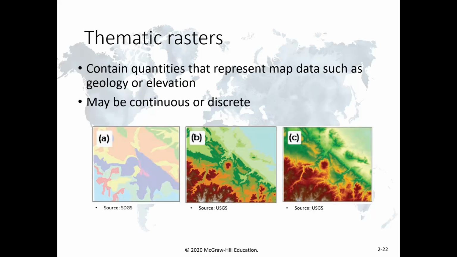Again, discrete rasters can represent categorical or ordinal data that is displayed using a unique value map. So you can still have a raster image of a road or a raster image of a lake,